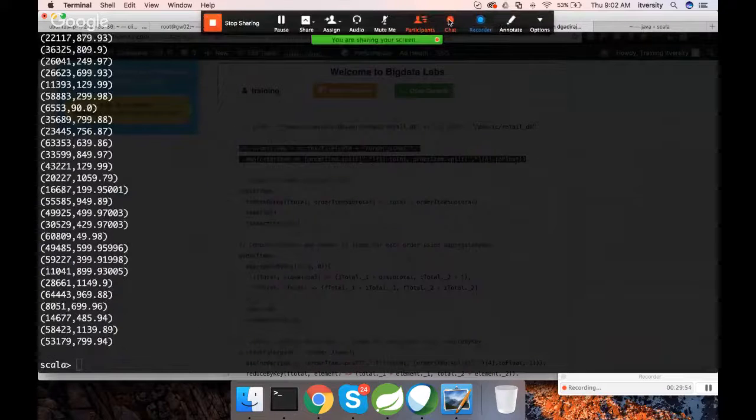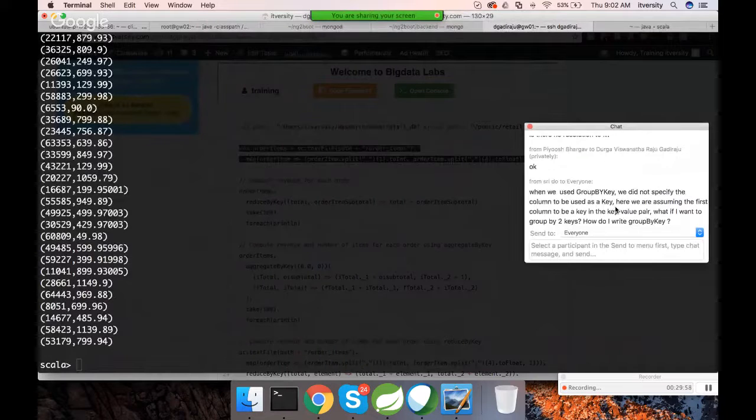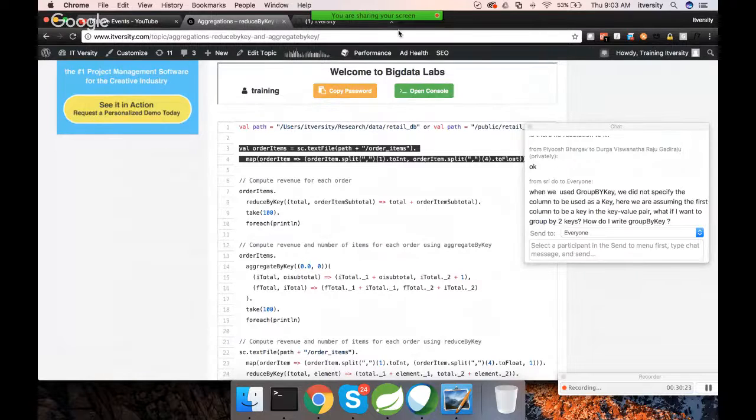So there is a question here. Yeah, so already the data is divided into key and value pairs. That's why we have to convert into pairs using the map function before using any of these ByKey transformations. Otherwise, it will not work. The syntax itself says the input has to be a key-value pair for groupByKey. So if you go to the documentation, the official documentation,